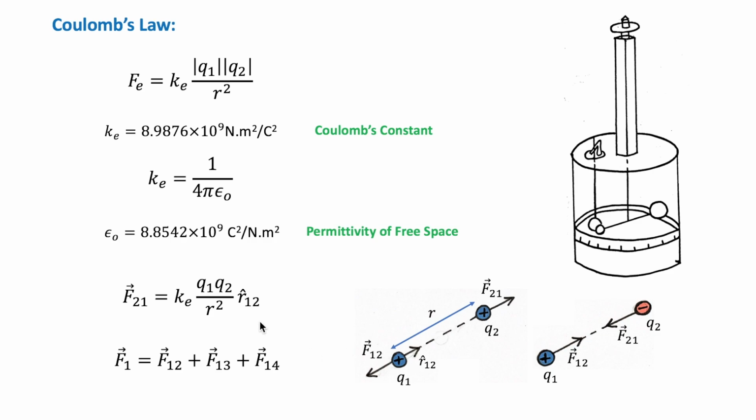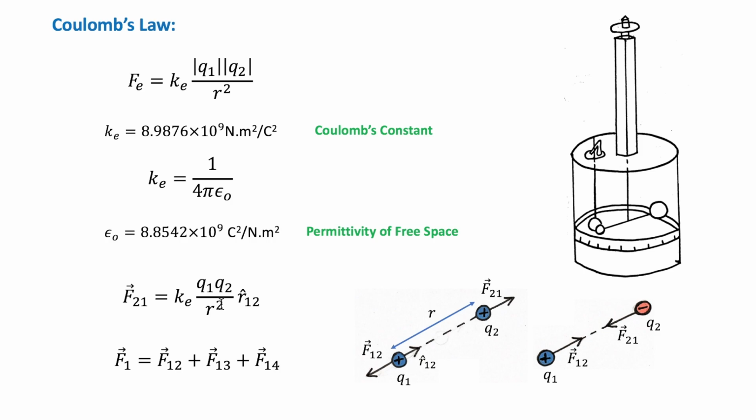So this expression here shows that if Q1 and Q2 have the same sign, the product Q1 Q2 is positive and the force is repulsive, while if they have opposite signs, the product is negative and the force is attractive. Okay,